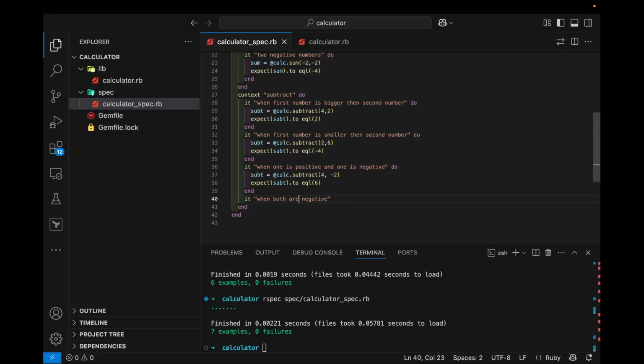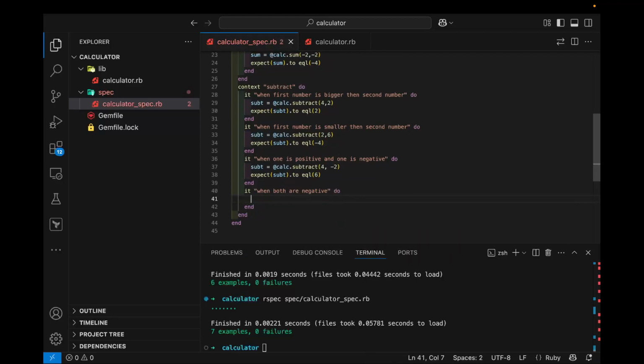So when the first number is negative and the second is positive is a nice case. No, I think that will be the same. So let's take for this, for example, when both are negative, then